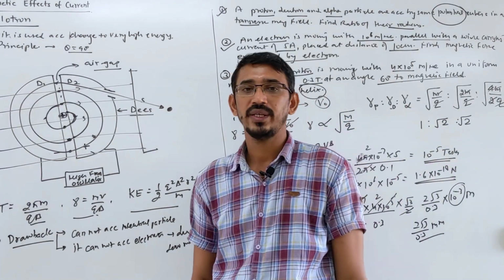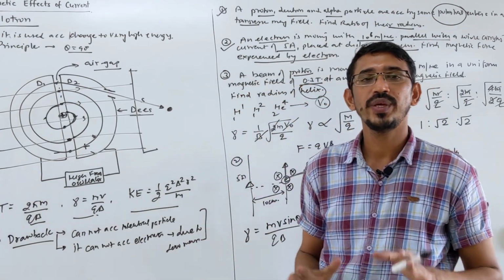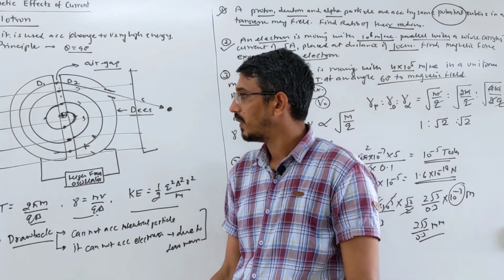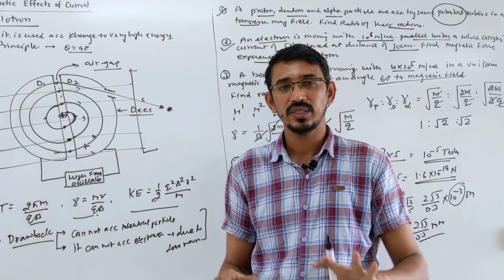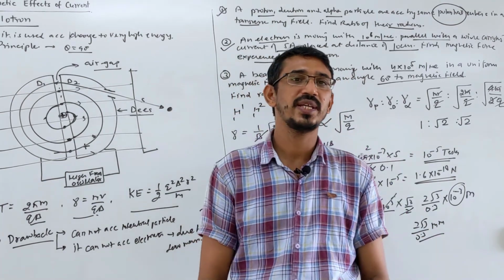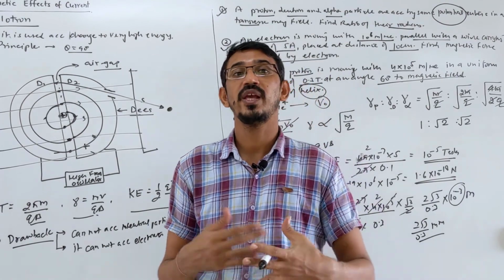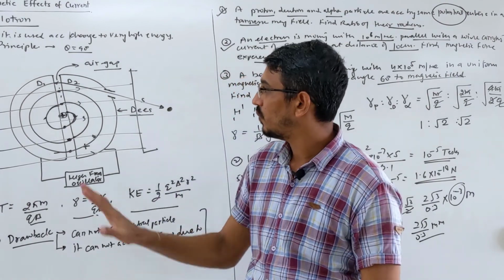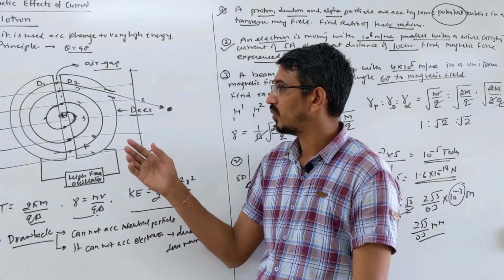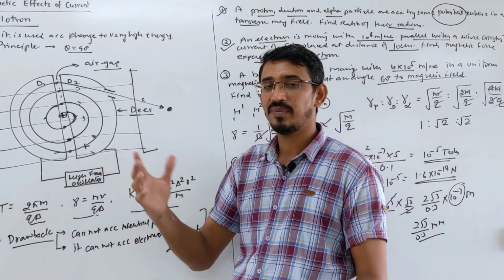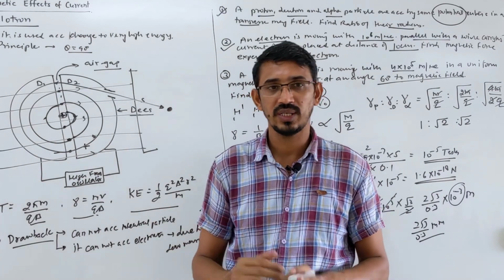So that was the force on a moving charge through a magnetic field. Now after this, we will see the force on a conductor, some conductor which is carrying current and placed inside a magnetic field, and how much force will be experienced by the conductor. So far we have learned about the force experienced by a charged particle moving through a magnetic field, then electric and magnetic fields both together, that's called the Lorentz law, which I also discussed with you.